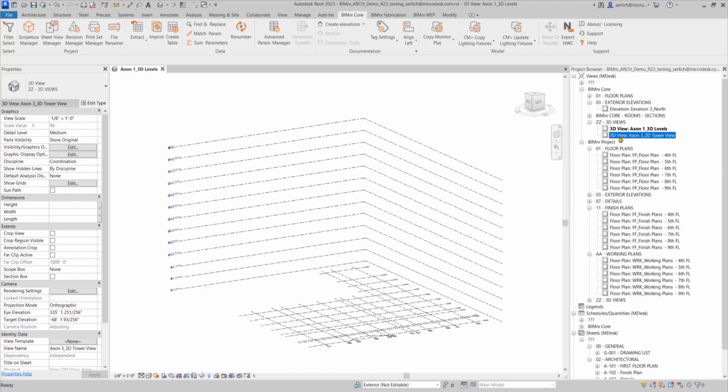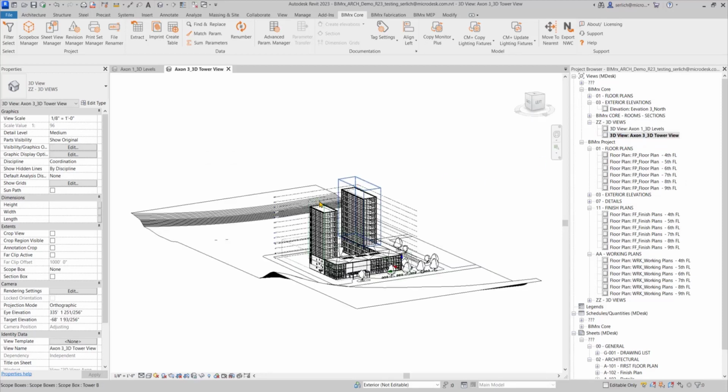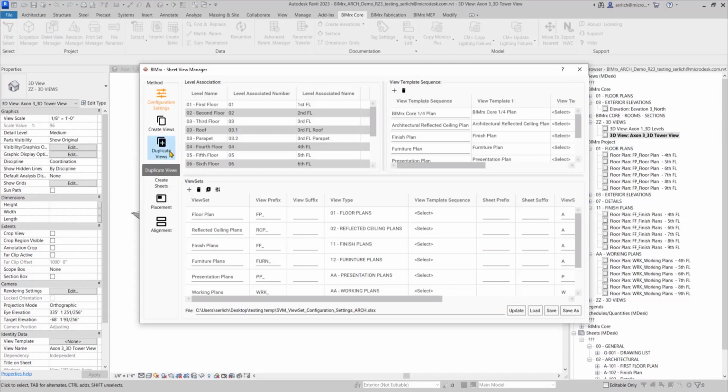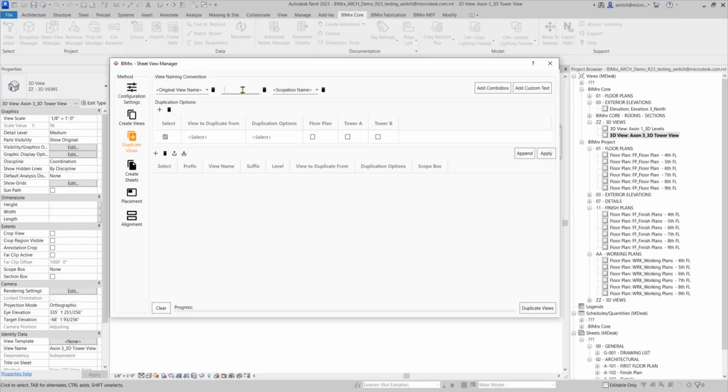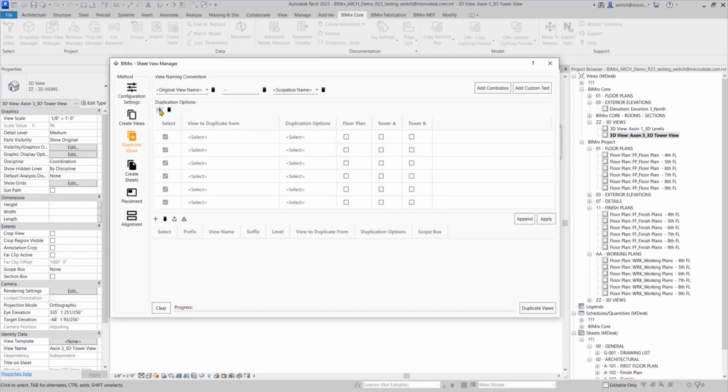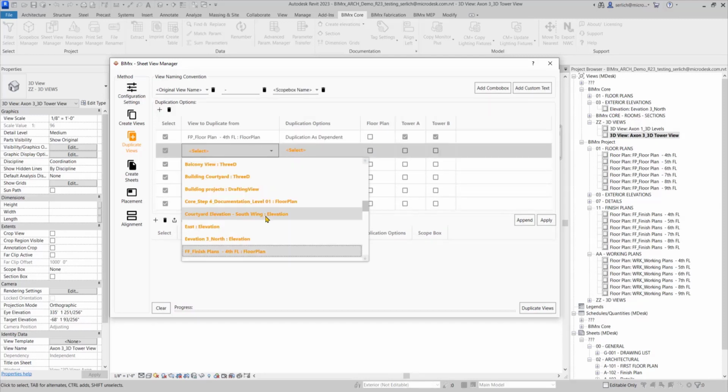Now I want to go ahead and create a few dependent views for, let's say, the 2 towers of my building, as you see here. This is going to be in our new duplicate view module. Just like in the Create View module, we are able to customize the naming convention for our duplicated views, and then I can go ahead and easily add all the necessary views I want to duplicate